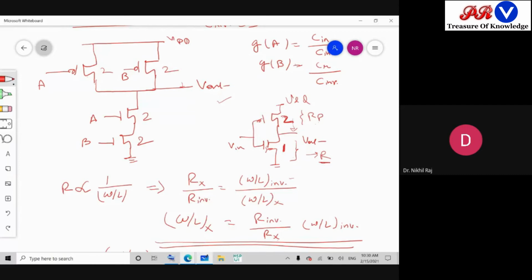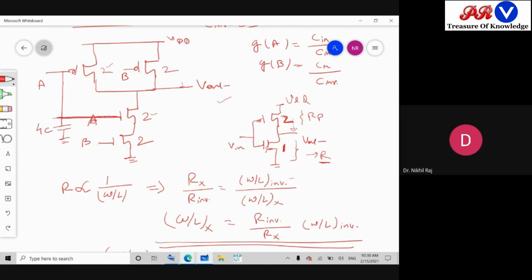Okay, so once the sizing is done, now you can easily compute the capacitance. So what is the capacitance offered by the A path, by the A and the B? Now this A and this A can be shorted together. So when two are shorted together, the capacitance offered here will be 2C, and this will offer 2C. So total capacitance seen at the node A will be how much? 2 plus 2 is 4C.